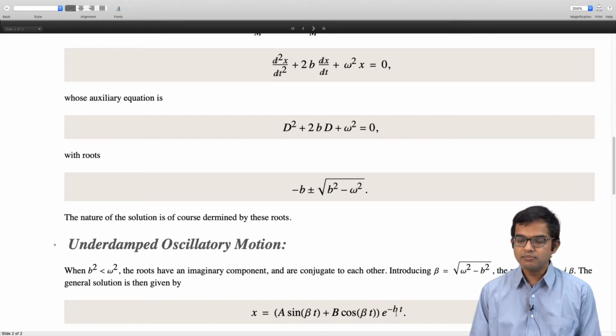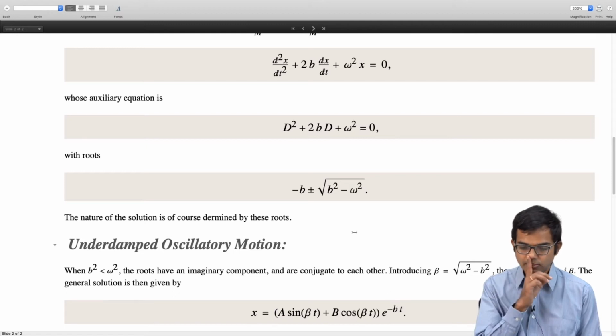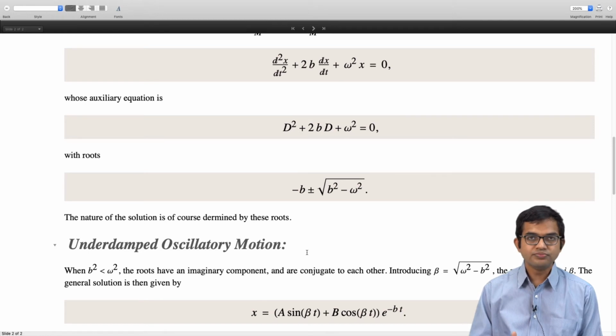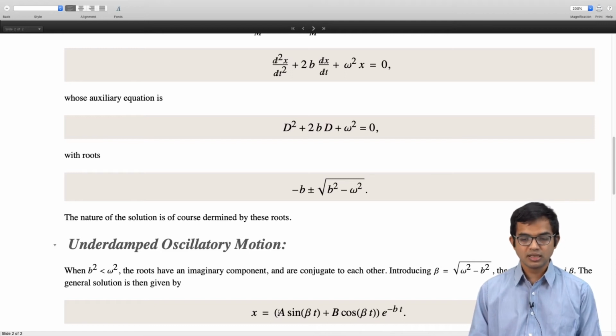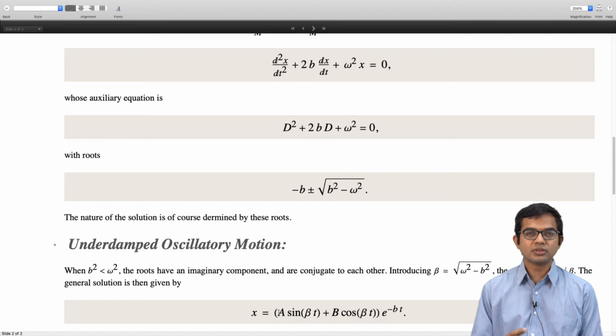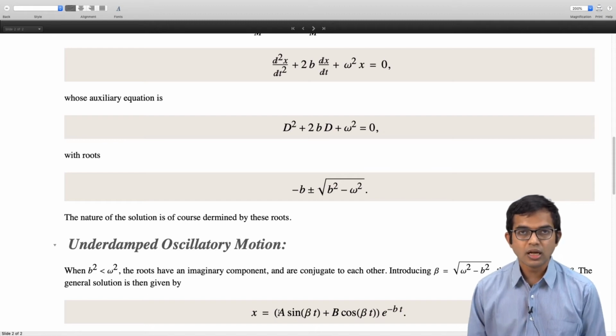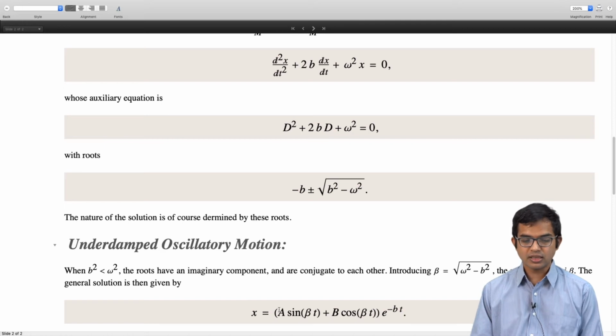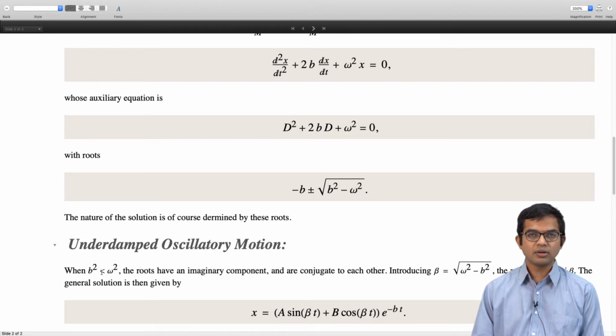And then you have this e to the minus bt, which is where the damping is coming in. So the more the damping, there is a decay in the time evolution of your position. Damping leads to decay, but there is also this oscillatory aspect, right? So there are these 2 forces in nature. If there were no damping, you have a simple harmonic oscillator which will perform oscillations about the mean, and that part is still in here because damping is not so large. That's what b squared less than omega squared simply means. The damping is present, but it's not the dominant force.